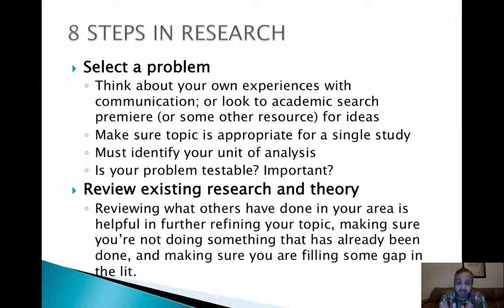I don't care what it is, as long as it's a scholarly article and it's a content analysis. You can do it. Before you start working on your article review, please email me the article. And when I say email, I mean email me an attachment to say, this is the article that I'm going to do my review on. That way, if there's a problem, I'll catch it, because I don't want you to complete a review on a paper that isn't appropriate.